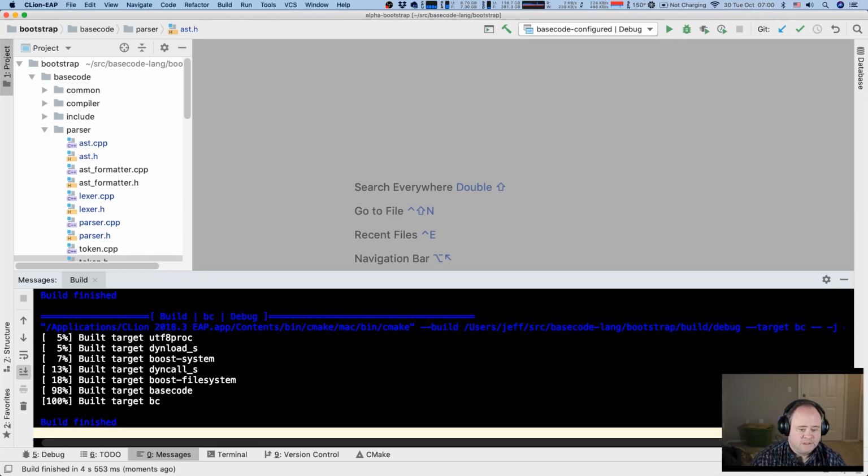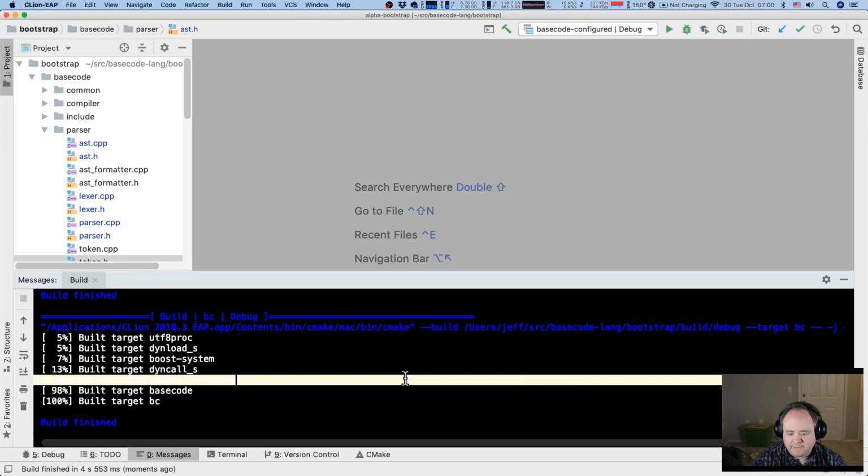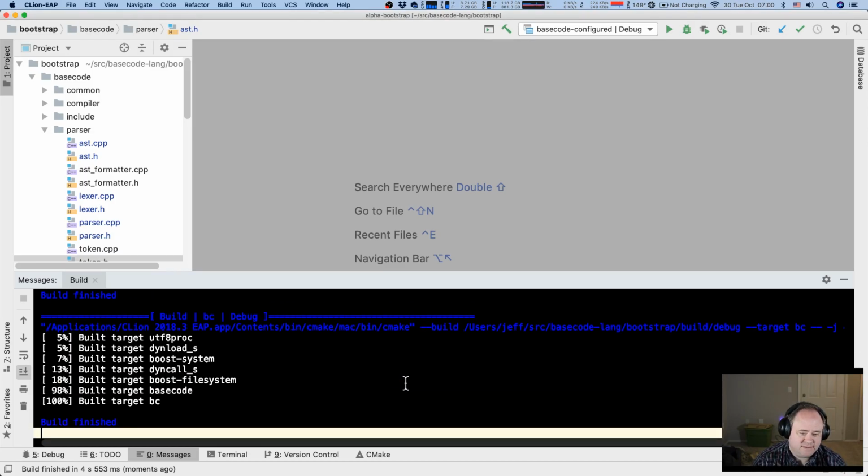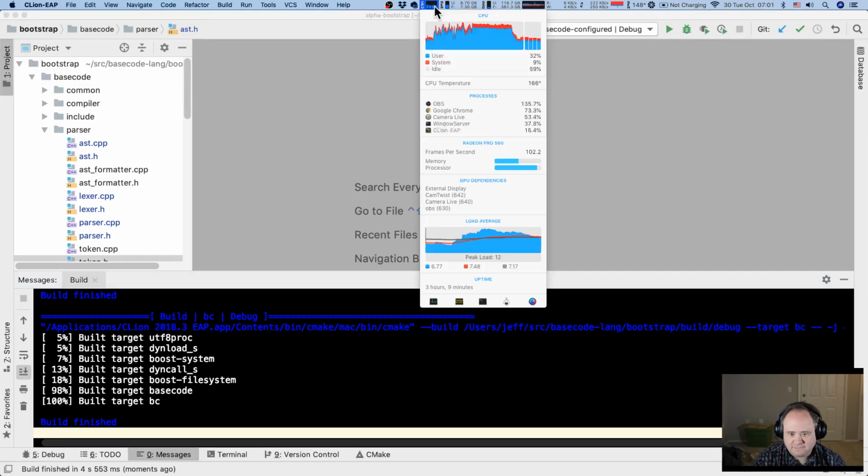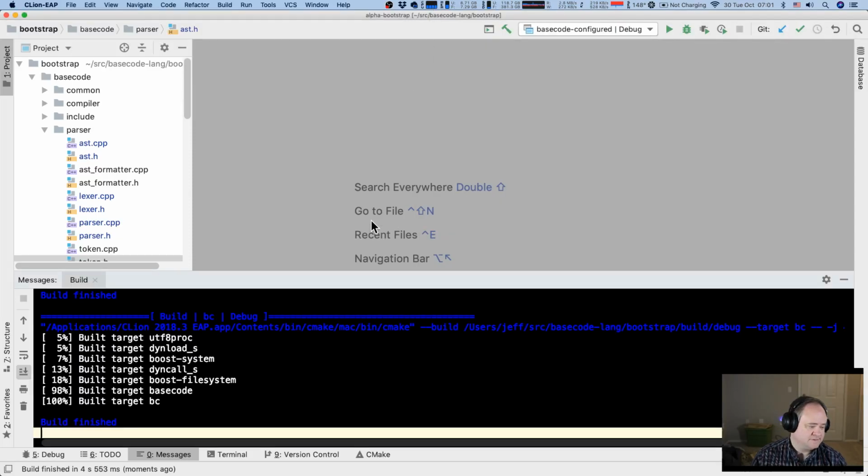So yeah, the build is slow on my laptop because between running CLion and running OBS and streaming, the baseline for OBS is pretty insane. So I need to find a way to offload that somehow.